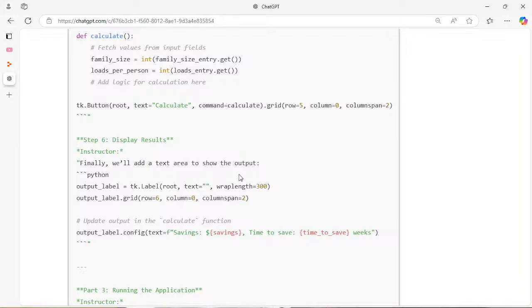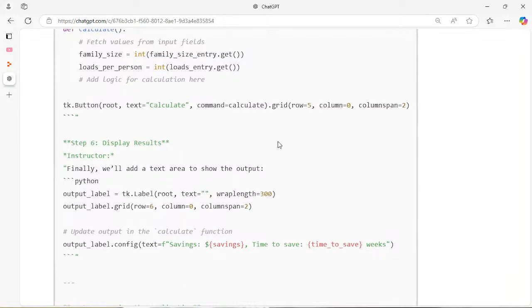So that way it's going to be able to calculate everything. Now the button is going to say calculate on it, and what you see there next to command is the calculate. So basically it's going to call the calculate function and put it on grid row 5, column 0, column span 2. So it's going to be wide enough to go across two spans. Okay,